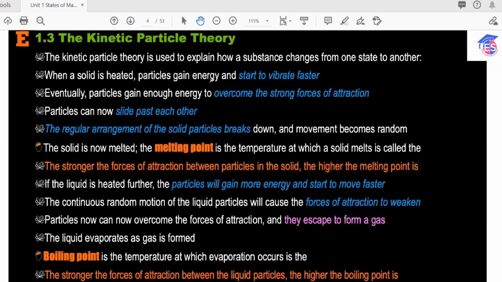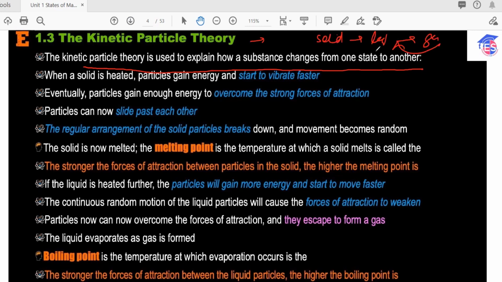After that, you have kinetic theory. The scientists gave a theory, and that is known as kinetic theory. And this question comes in the exam: write some postulates or some important points of kinetic theory. Kinetic theory is really easy. They're saying that the kinetic theory of particles is used to explain how a substance changes from one state to another. Mainly the kinetic theory will explain how a substance converts from solid to liquid and liquid to gas,